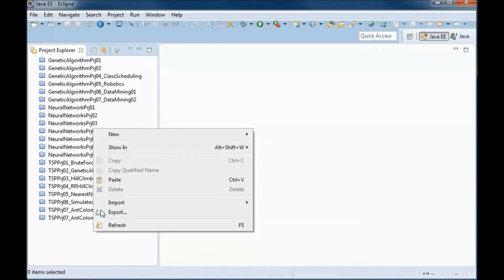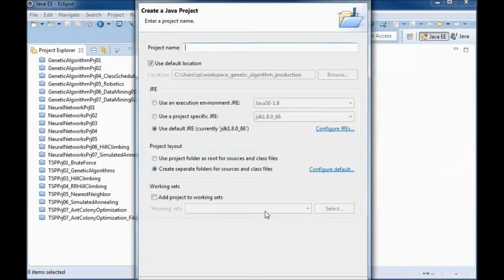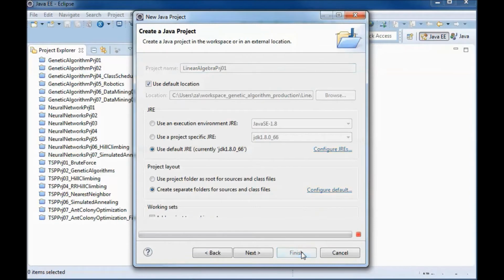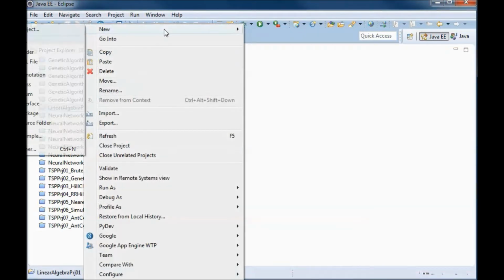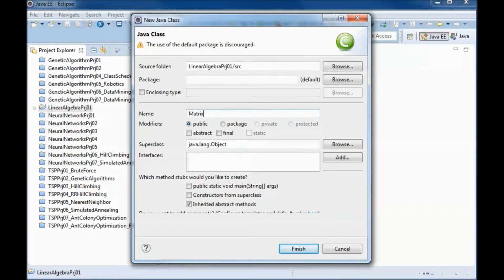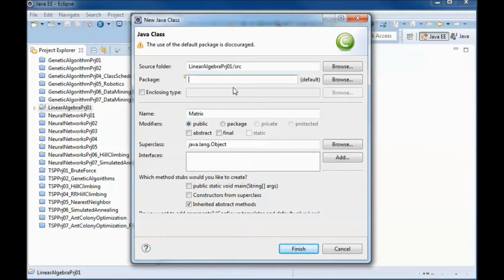I will start by creating a new project. And this will be running on Java 8. And here I will have a matrix class that will be in this package.